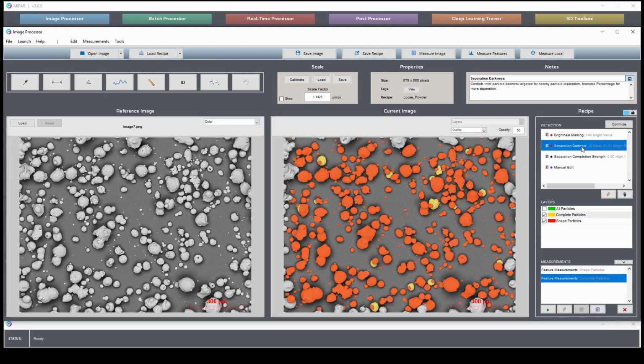The separation darkness allows us to control locally how dark particle separation areas need to be in order to trigger a cut. And then the separation completion strength is another knob which allows us to control how strong the final feature separation is. And tuning these settings has allowed us to build a sophisticated algorithm that can meet the criteria